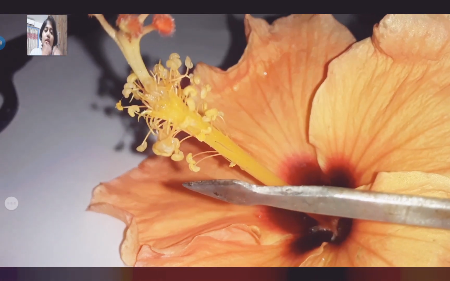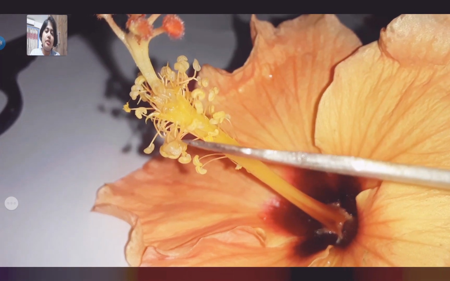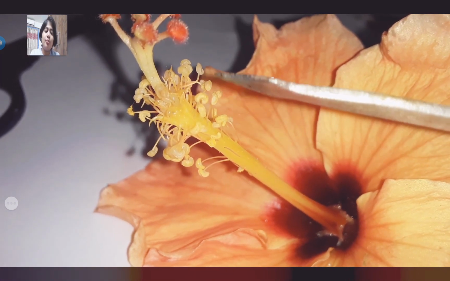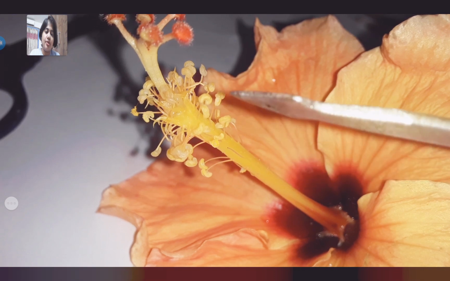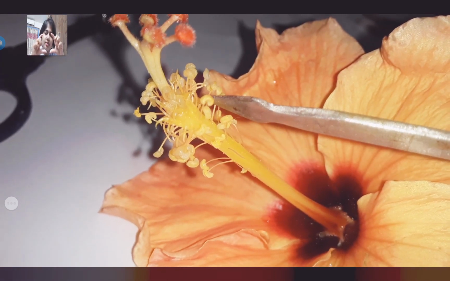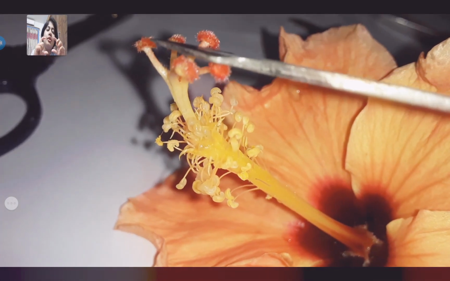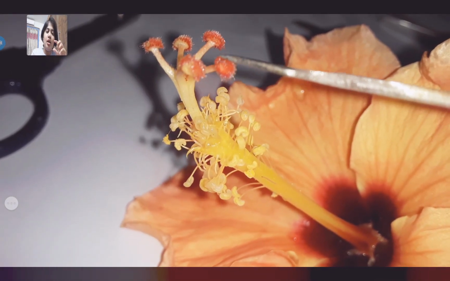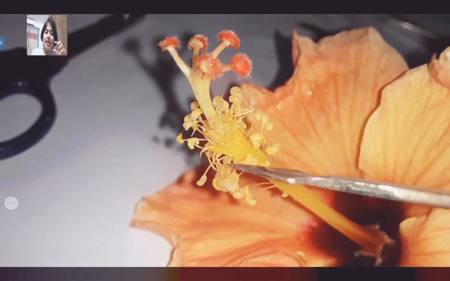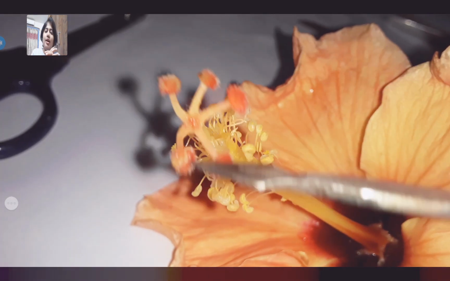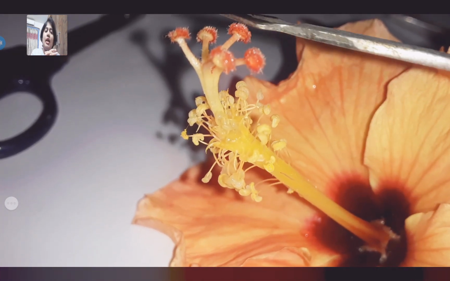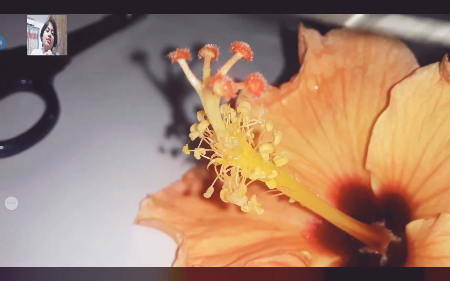There are so many anthers, and these are the male gametes. We call it a male gamete. The upper part is the male reproductive organ, the stigma and anther together, and we call it a style.